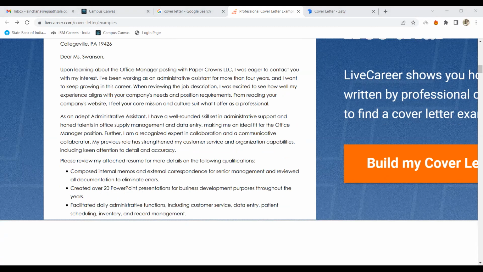Now, what is a letter of recommendation? Sometimes you have to write a letter of recommendation, or someone will write for you, on behalf of another professional to verify their qualification or work ethic. Suppose you are going somewhere for work or higher study, then you need some recommendation that you are a good student or you work very well.